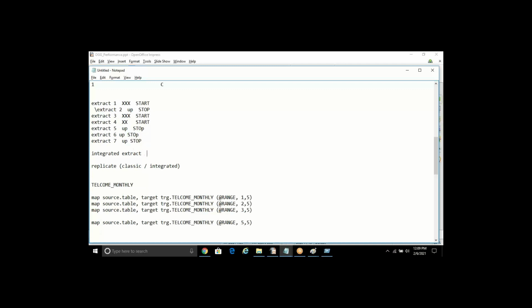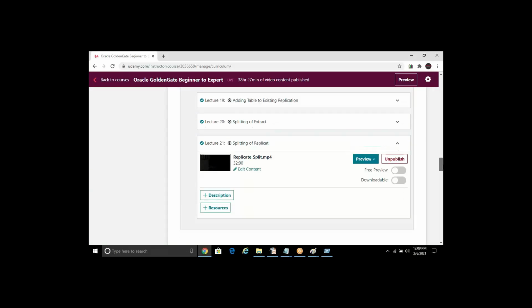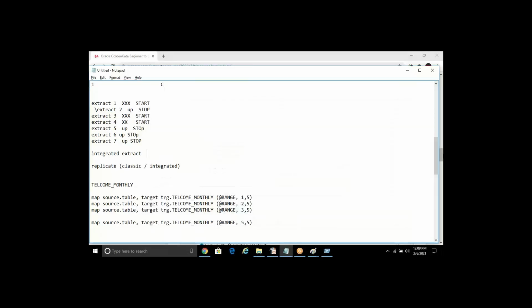Integrated extract, yes, it will be faster, but it is not easy to play around, only if you know how to play. That's another thing. I have explained here how to play with those. But here, what we do is we use integrated extracts and also classic, and for replicate we use classic only, because with this,